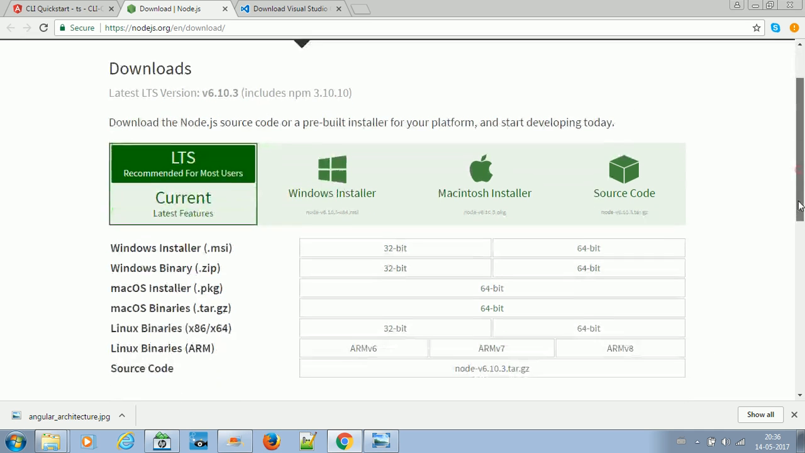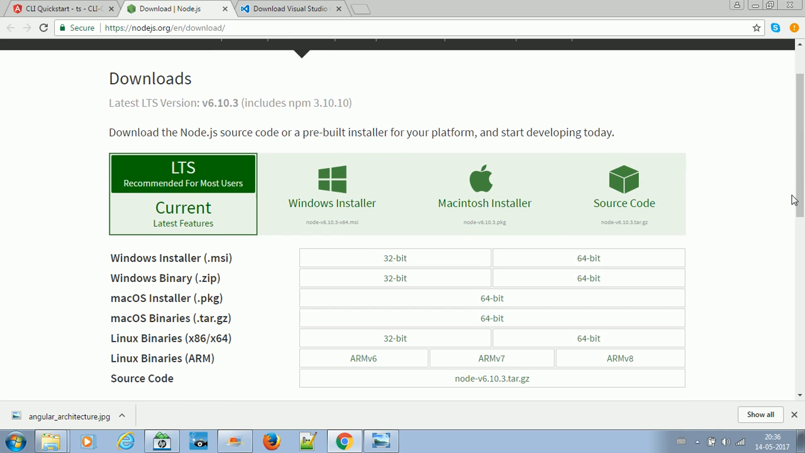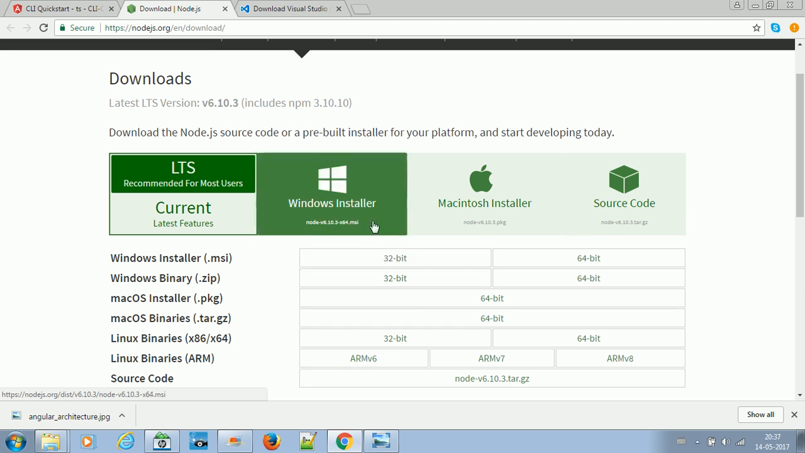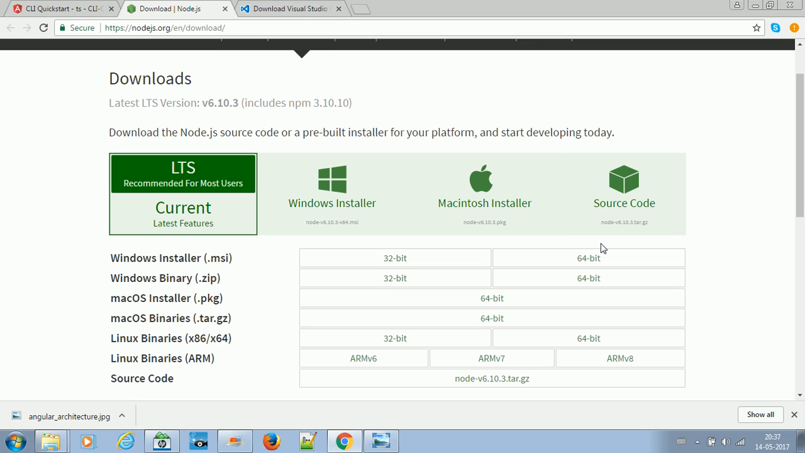Node.js is very popular nowadays. It is used for web application development, as well as for some kind of server-side development. So you can choose your appropriate platform and the bit depth of your OS, and accordingly download Node.js. Node.js uses a node package manager, through which we will install the Angular CLI,